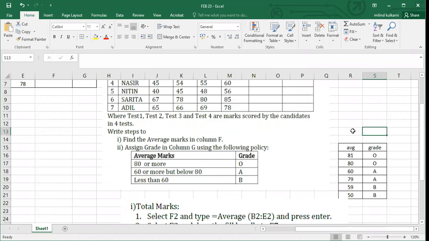And for such a case, you should use conditional formulas to find out the average marks as well as grade for a particular subject.